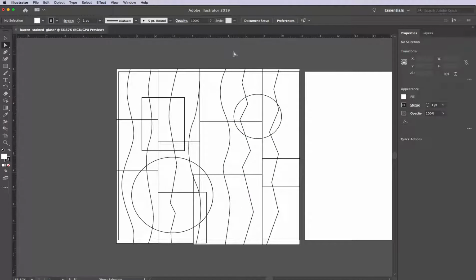Okay, I am going to now use in my composition in Adobe Illustrator that I'm using to make stained glass. I started out by using the shape tools and the pen tool to make different shapes. I next selected everything and went to the Pathfinder panel to use Pathfinder divide to make all the overlapping shapes